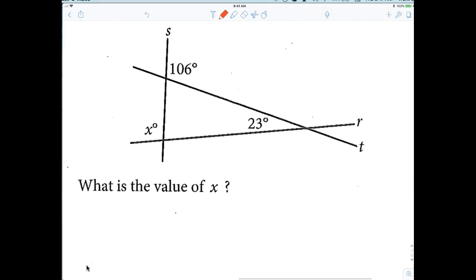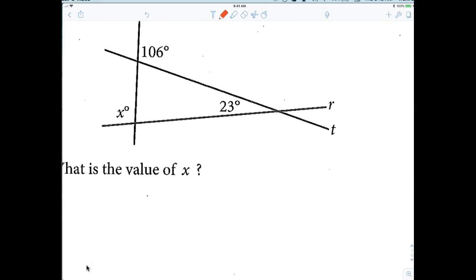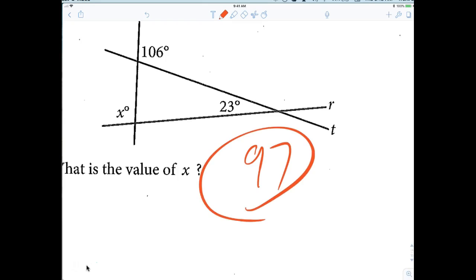All right, now hold up. Last one. I know you're going, but if you miss this one, I'm a failure. 97. Yeah, if you miss this one, you deserve to fail. But doesn't that have to add up to 180? I got that one. Triangle. I got 97, but I'm like,